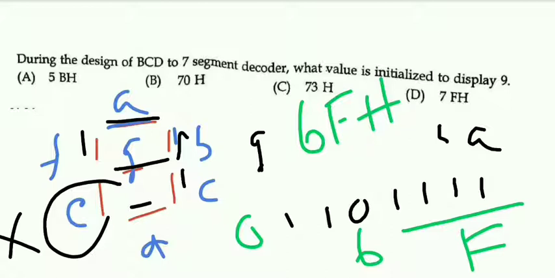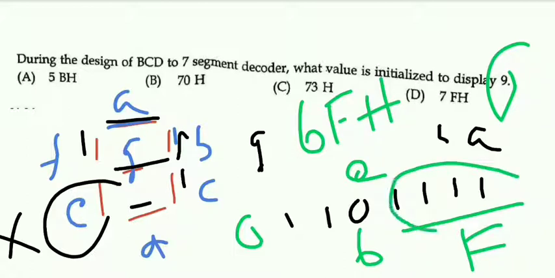You remember how I write this number? Except E, everyone should be 1 in order to activate number 9. So A, B, C, D, F and G are 1, E is 0. And express those things in hexadecimal format. From the right-hand side, 4 bits you need. So this is 15, this is 6. So 6F.